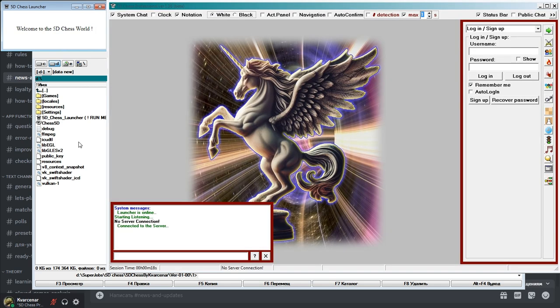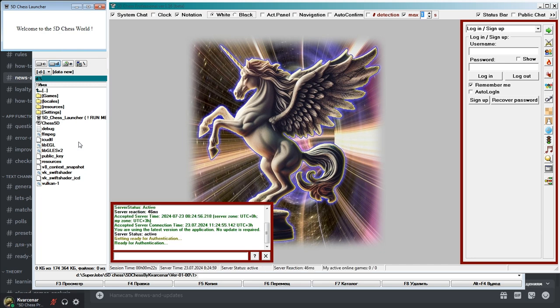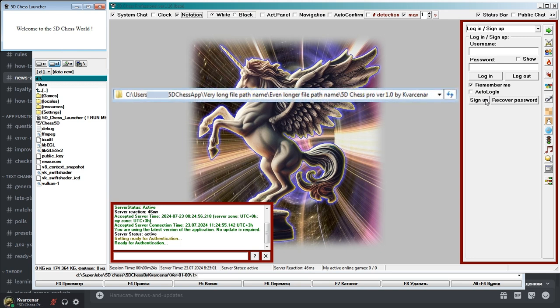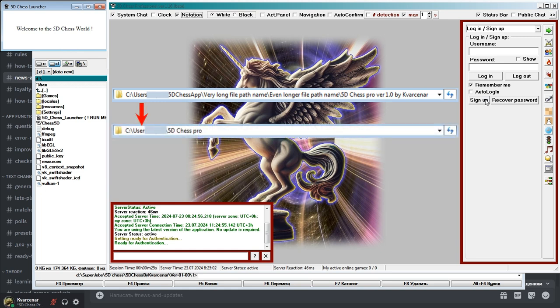Another thing to note is that the app requires permission to write to the folder it's unpacked to. It will save both games and your settings, so make sure that the folder you unzipped the app to is not write protected. This can be either the D drive or the system downloads folder, for example, if you don't have a D drive. Also, some operating systems have a limit on the file path length. You may have to shorten it either by renaming the folder or by moving it closer to the root directory.